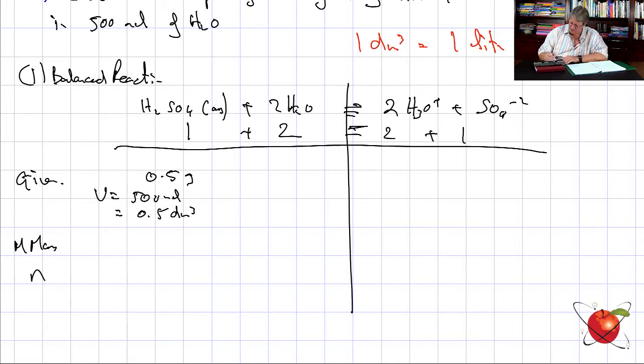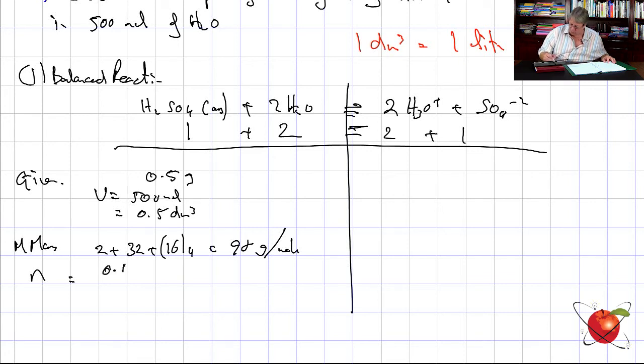So molecular mass of this is 2 plus 32 plus, just to recap, 16 for the oxygen times 4, which is 98 grams per mole. 98 g mol minus 1. Therefore, n is equal to mass over molar mass, which is 0.5 over 98, which is 5.102